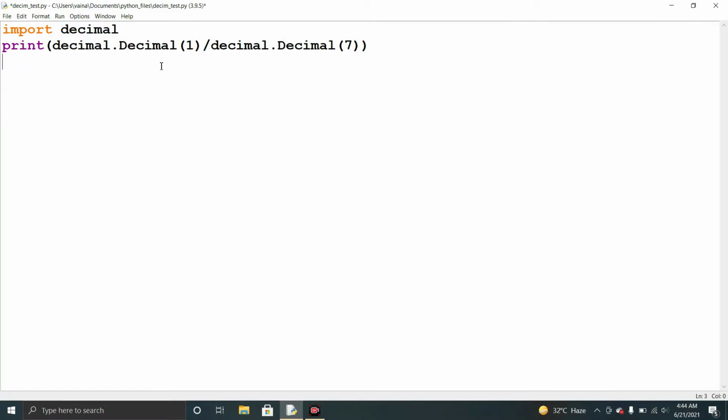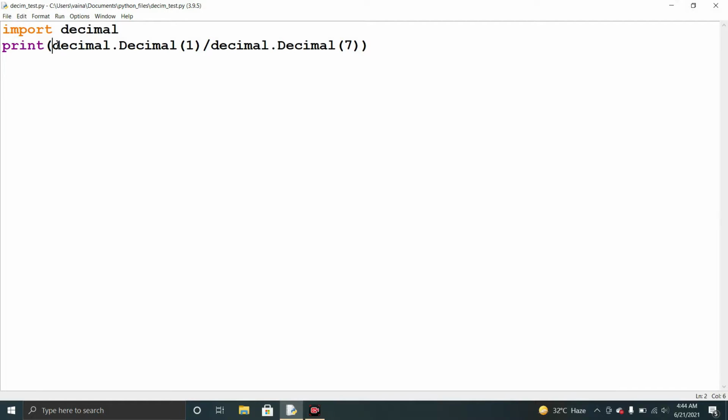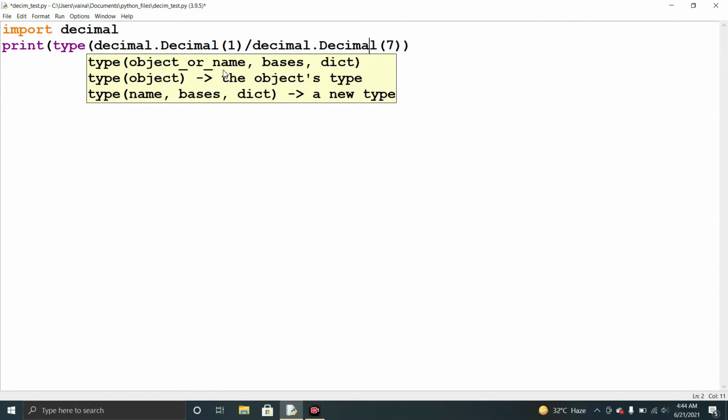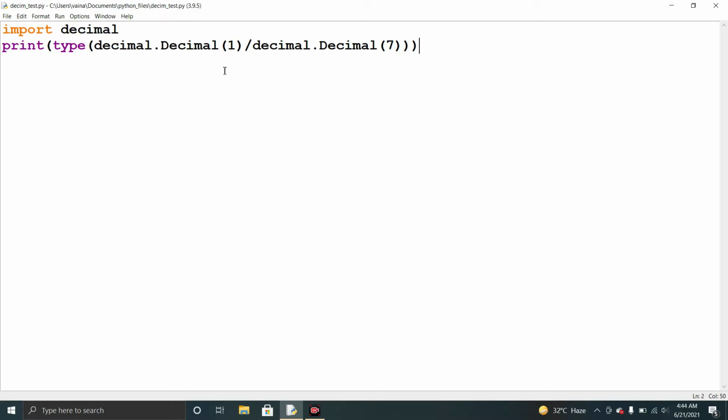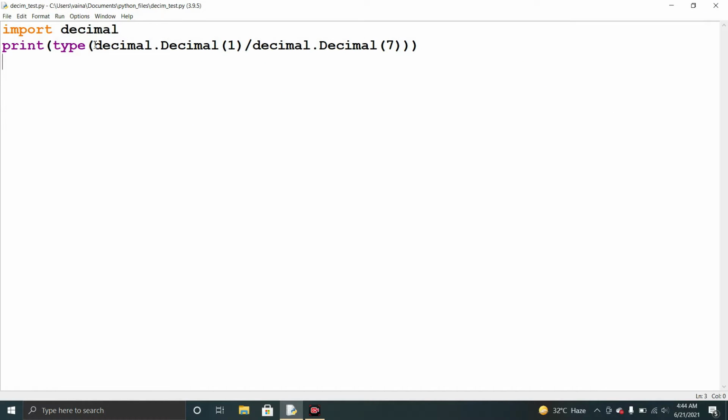When we divide Decimal of 1 by Decimal of 7, that is 1 by 7, we get an output like a float value, 0.1 something. If we check the type of it, it will be the decimal type, I mean the class of it will be Decimal.